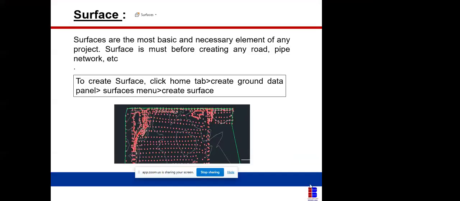So this surface is the most basic and necessary element for any project. A surface is a must before creating any road or pipe network. That's what we've been doing for the past weeks. Basically, they give you an estate road to design. To carry out the design of an estate road,